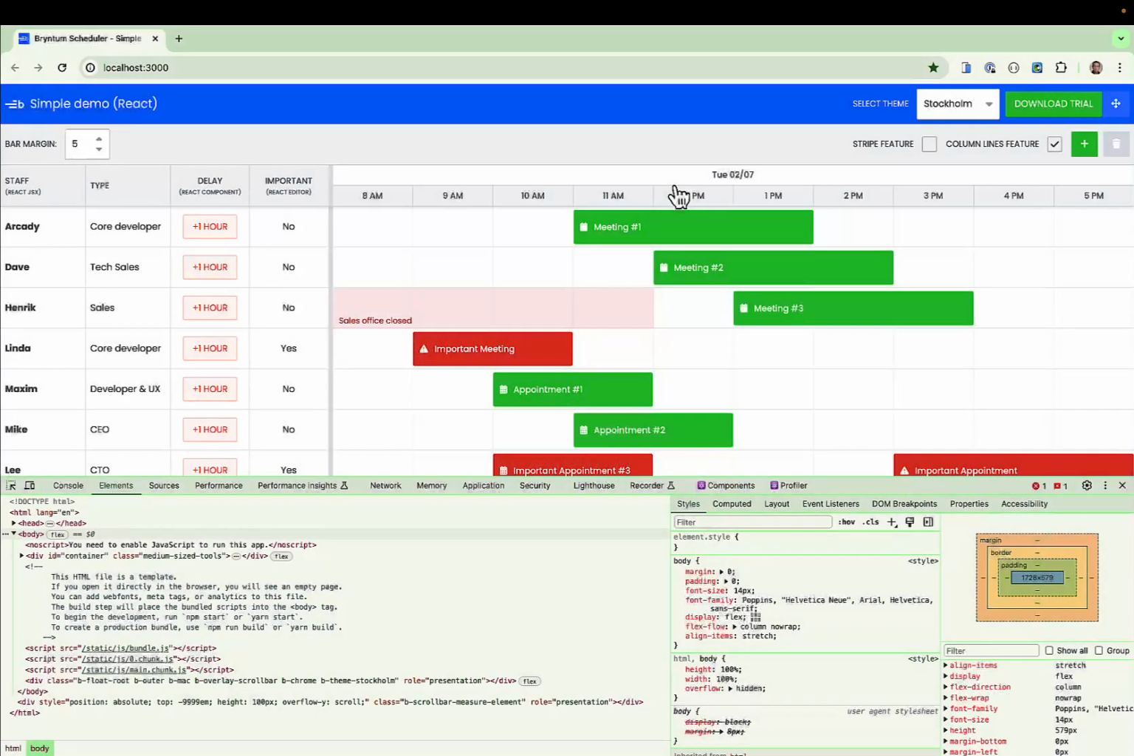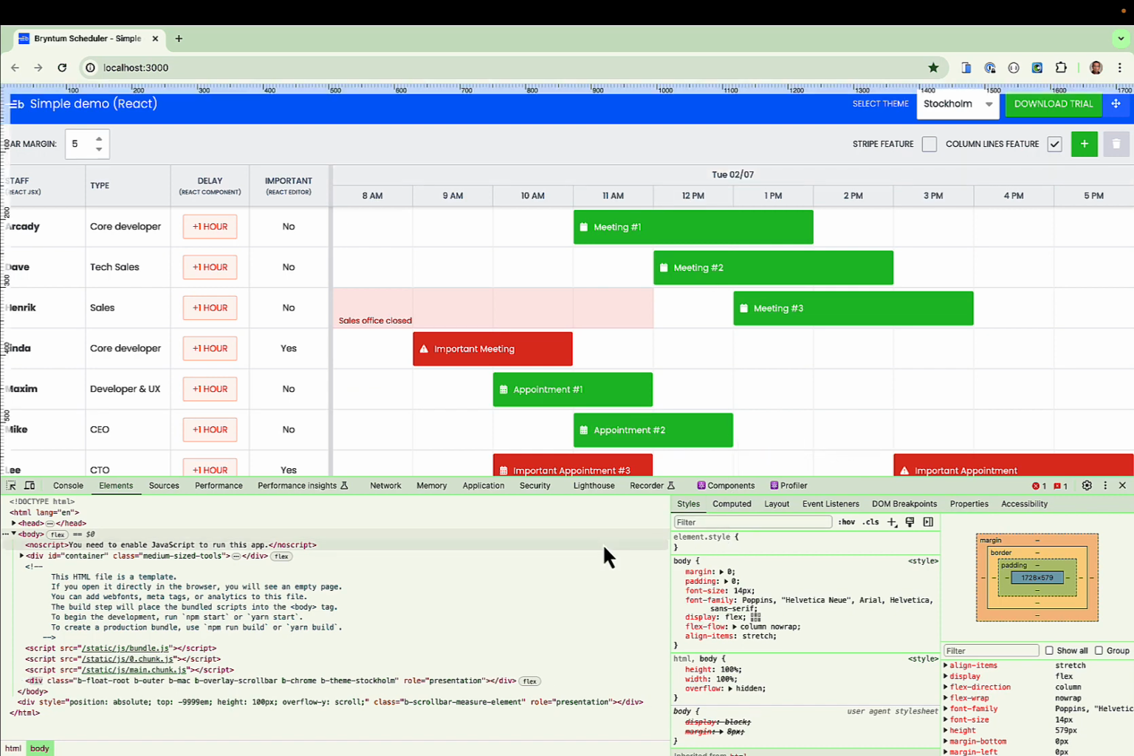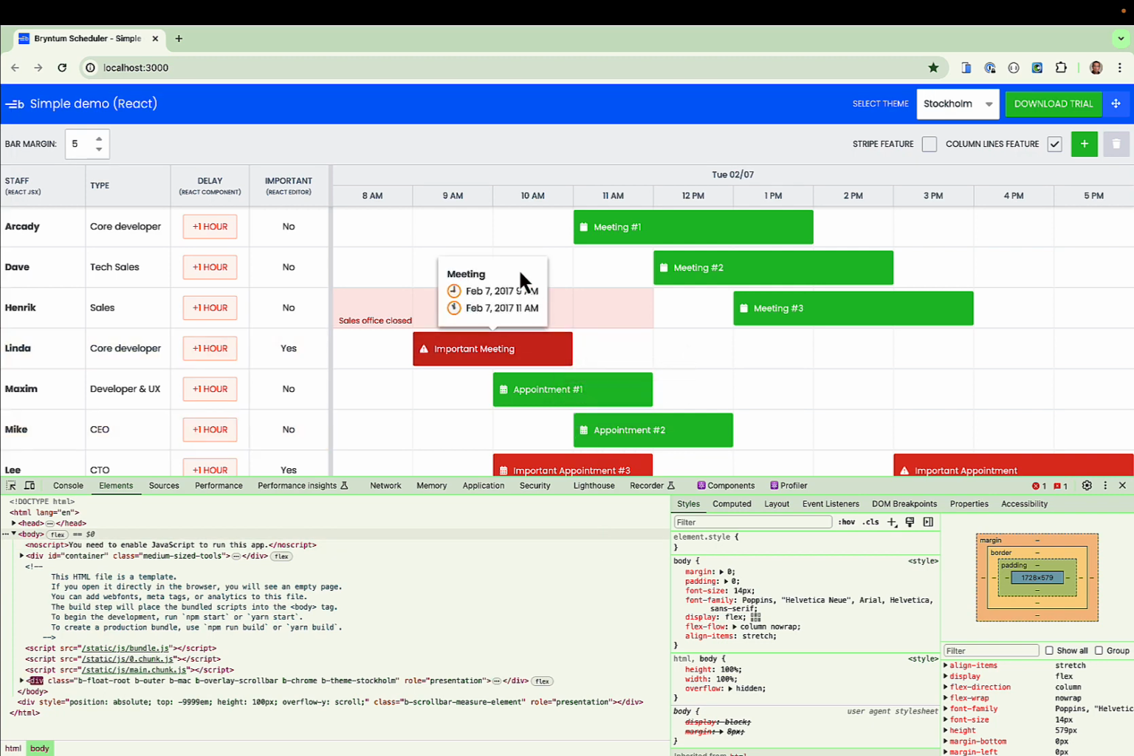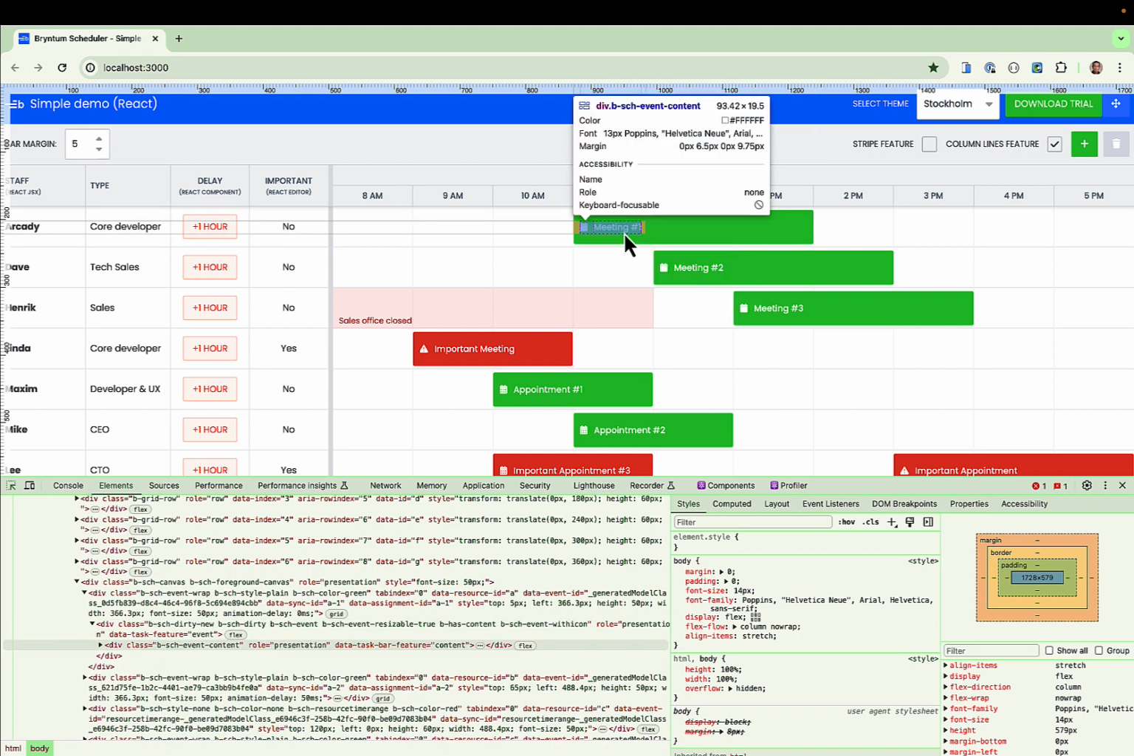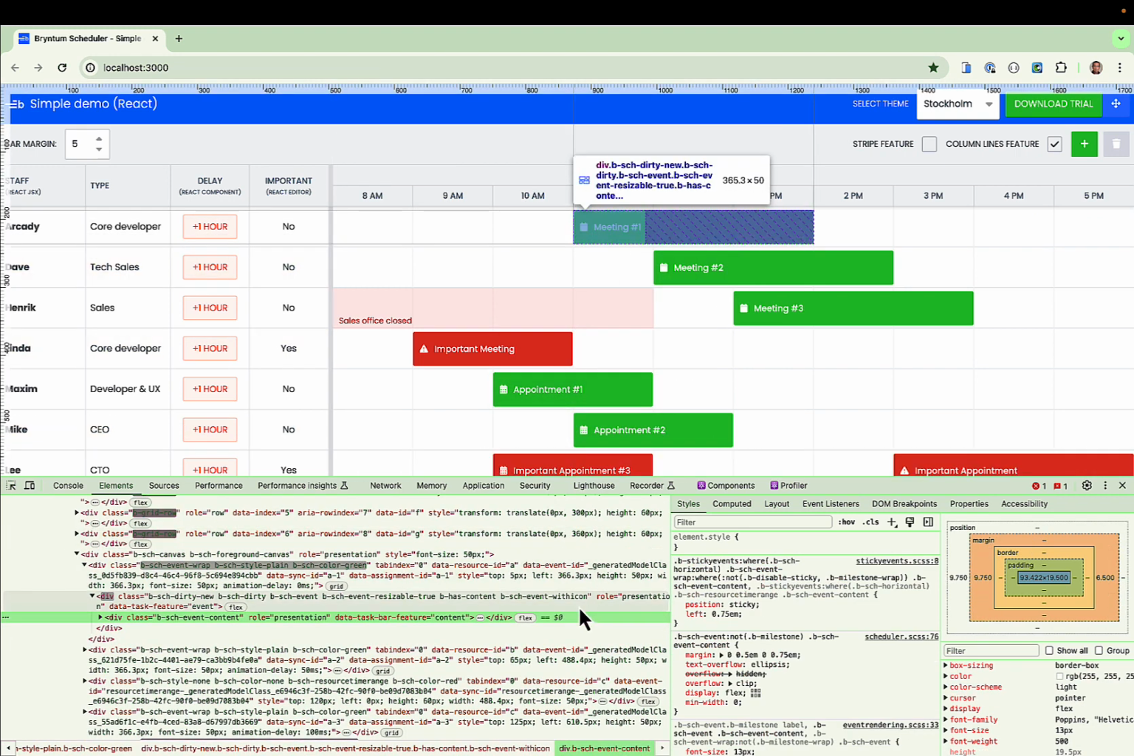Hello web developers. Today we are going to take a look at DOM breakpoints, which is the feature of Chrome Developer Tools, and that serves for stopping the execution of JavaScript code when it attempts to modify our DOM. So let's say we'll take this element and we want to stop the execution of JavaScript when the content is